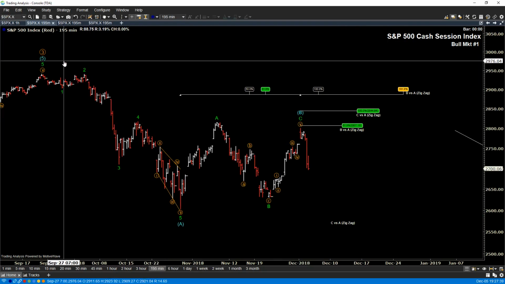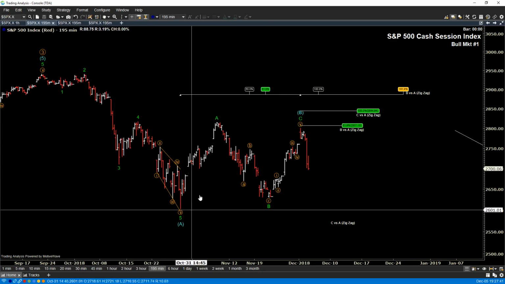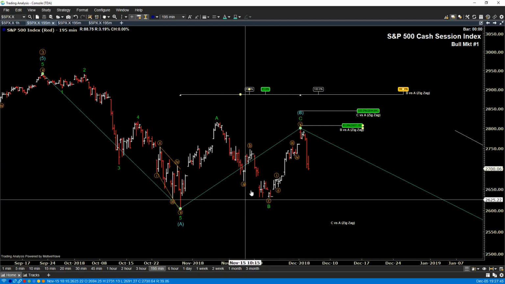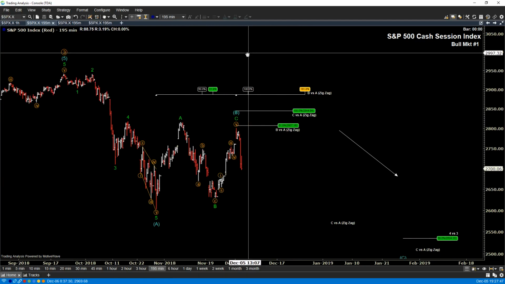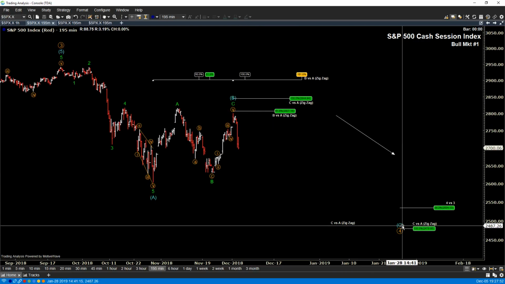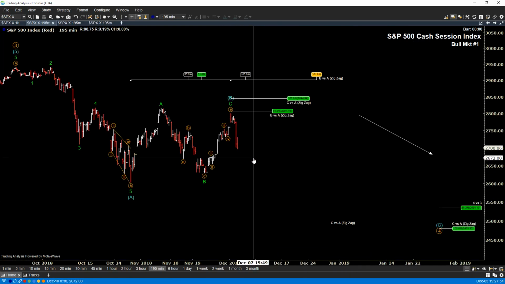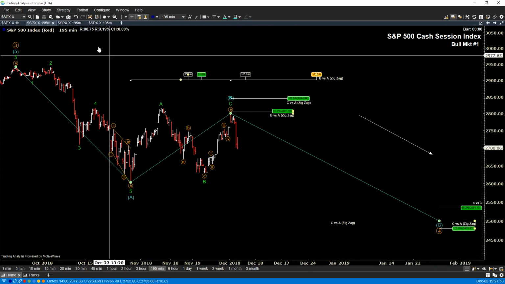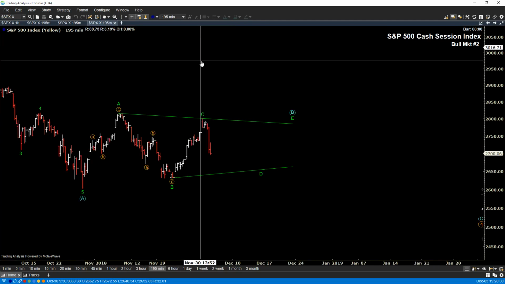Now, 1, 2, 3, 4, 5 of A, B, C. So this B wave turned into a nice expanded flat. Now we're getting ready to drop down in C. So the decline on Tuesday was either wave 1 of C, or if we go look at our alternate count